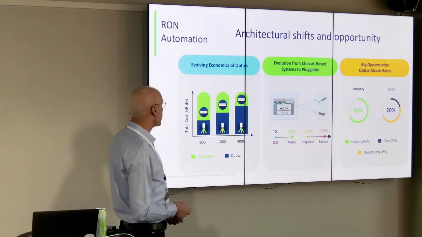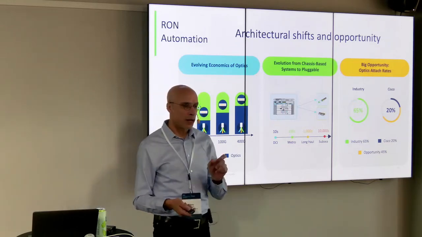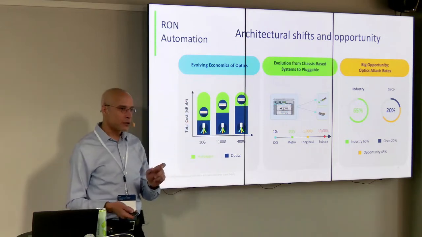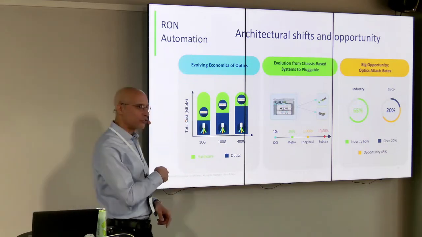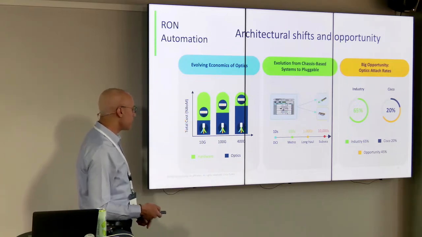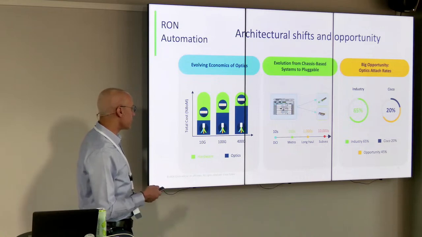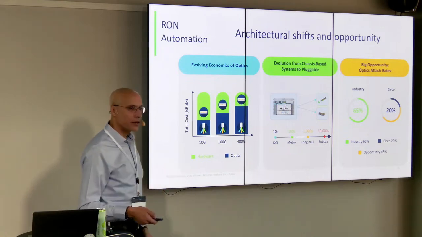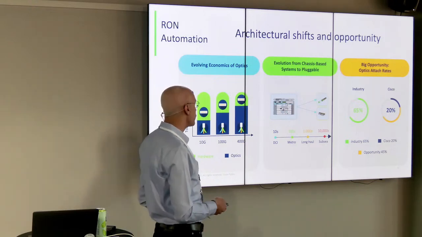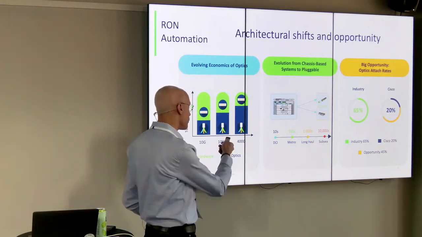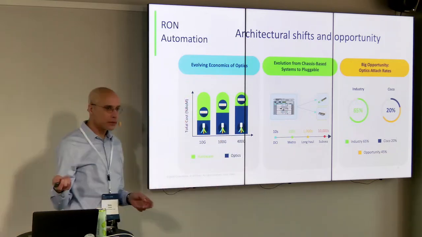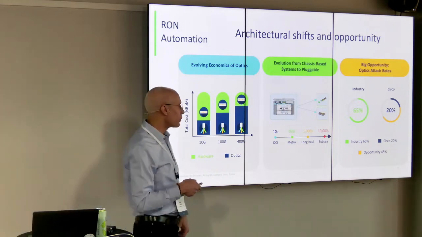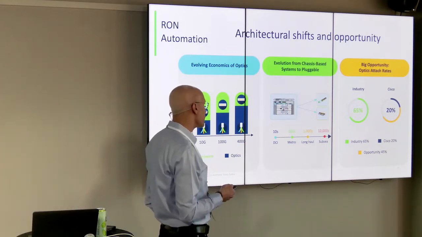Starting with the economics of the optics as pluggables that replace standalone boxes, transponders in a network, which is a huge saving in cost, in operations, and in the total cost of ownership over time. And we see an increasing demand of optics versus hardware when it goes to higher rates. And we see an evolution of systems as it goes from data center to metro to long haul, moving from those boxes to pluggables. And in time, we see a big opportunity for Cisco to increase the market share